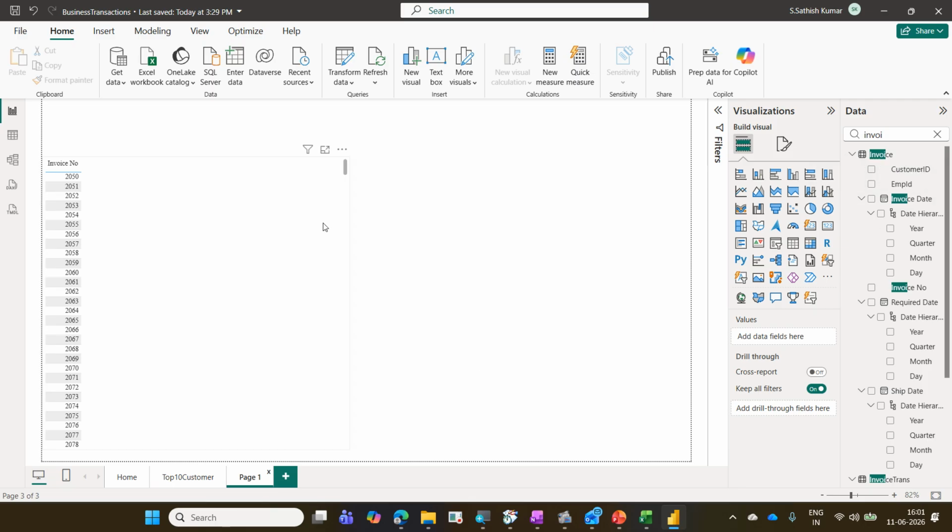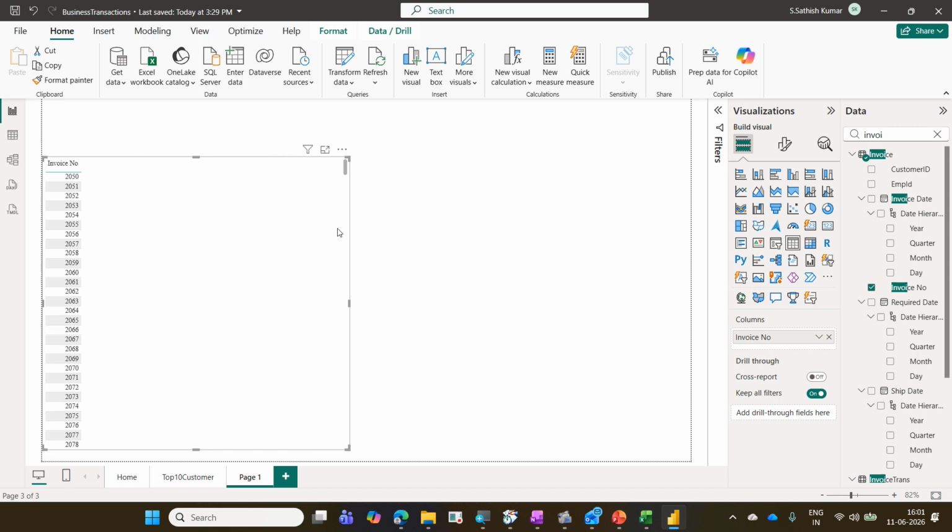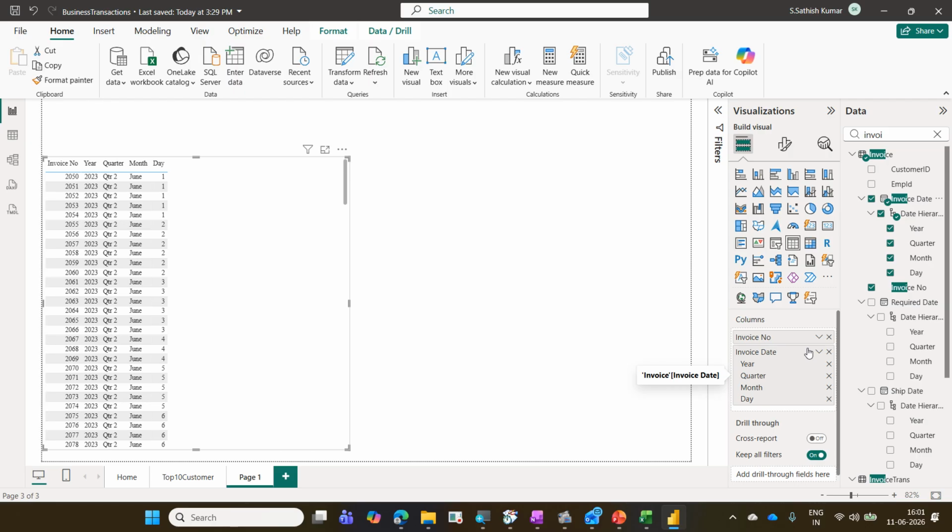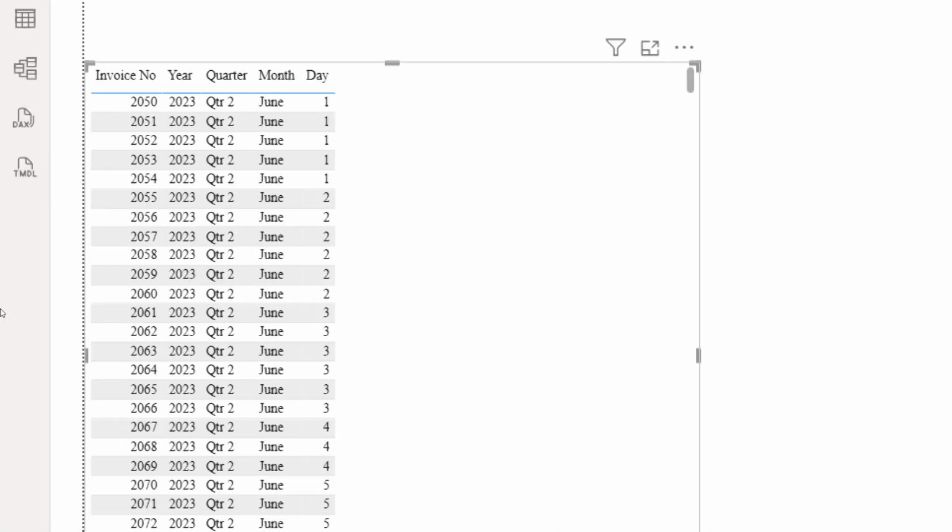Year. Under year, we are getting a quarter. Under quarter, we are getting a month. Under month, we are getting one. Actually, what is this date? It is 1st May 2023. So I don't like this date format. I want it as 1st June 2023. So